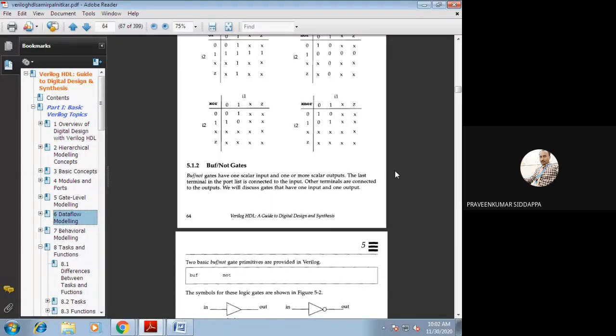One scalar input and one or more scalar outputs. Remember it. In your digital electronics, you studied that a not gate has only one input and one output, but here I will show you, so you should remember it.